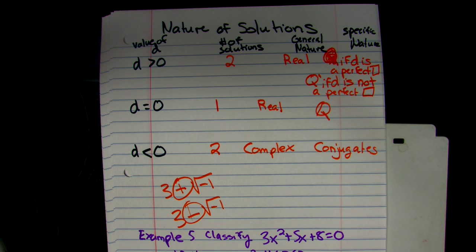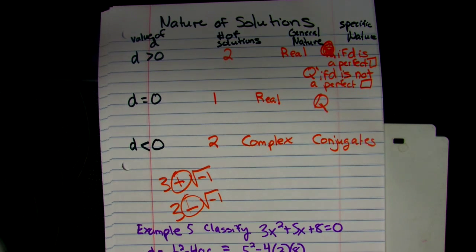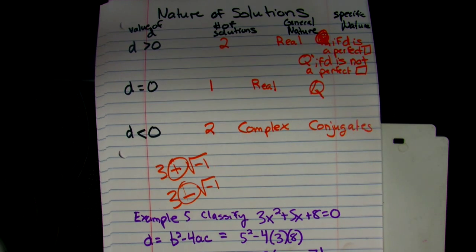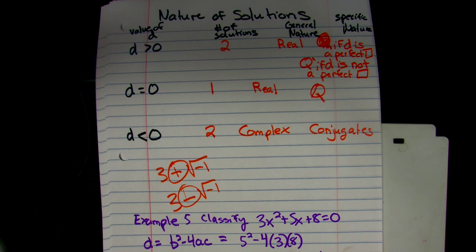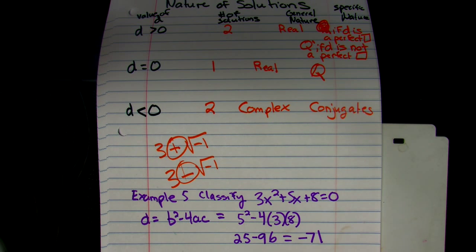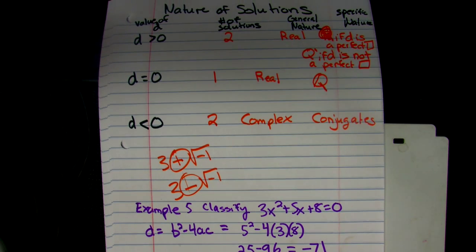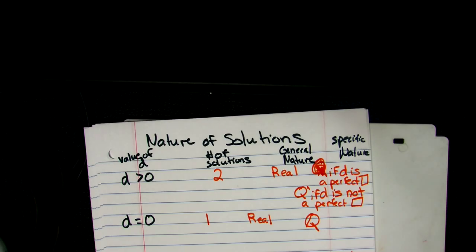And then I said, let's go ahead and try an example. Let's classify 3x squared plus 5x plus 8 equals 0. And so we want to find the discriminant. So b squared minus 4ac. So we have 5 squared minus 4 times 3 times 8, which is negative 71. And so negative 71 is imaginary